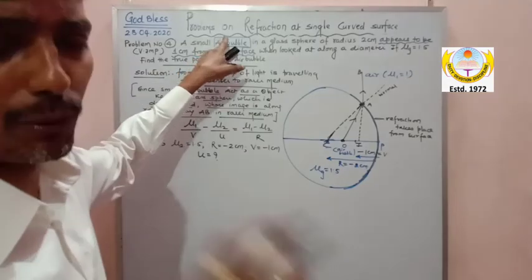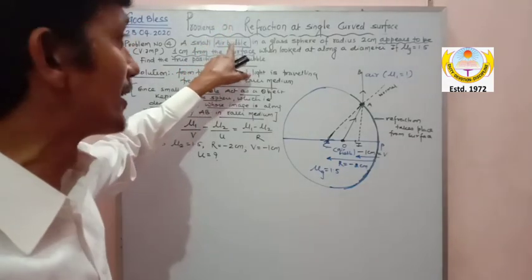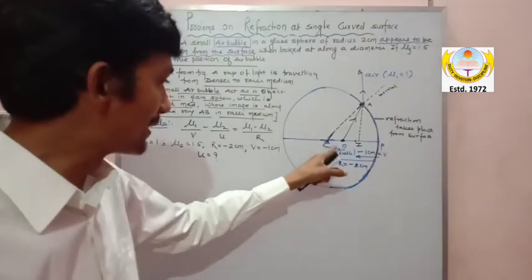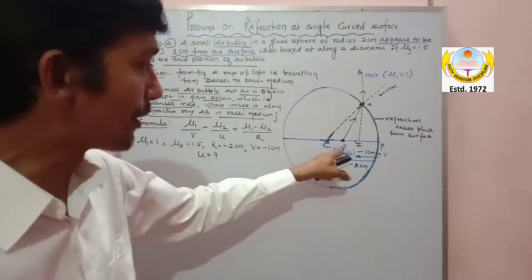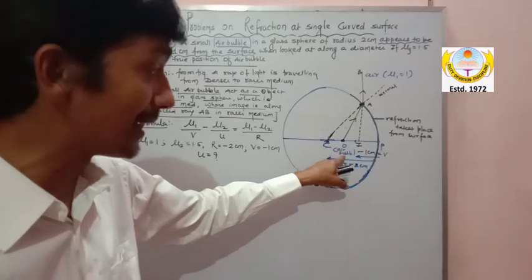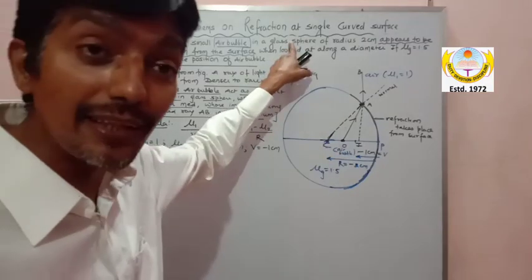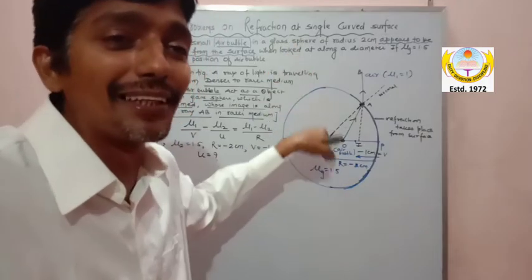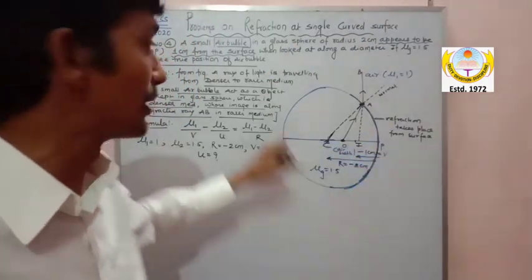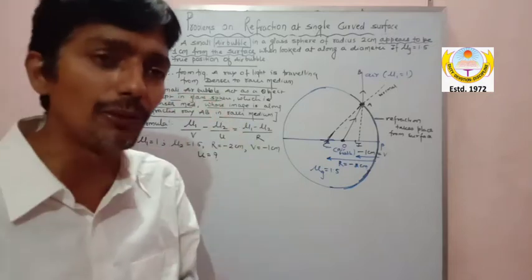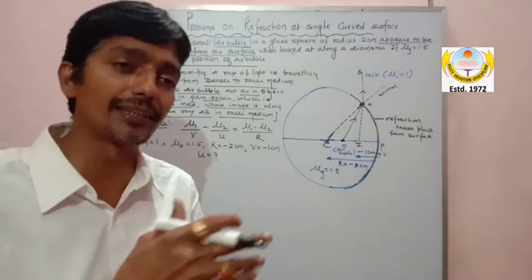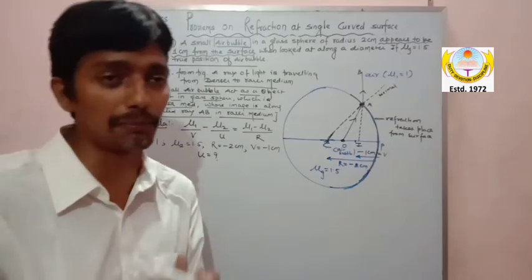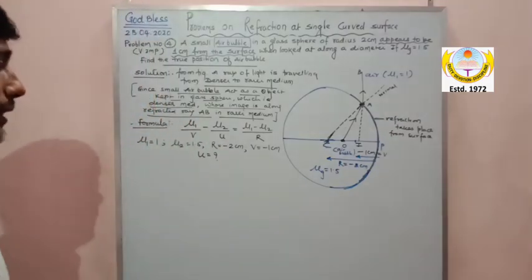So please, my dear, what is the very important concept? Sir, here the small air bubble is an object. And I placed it at point O. That object, I place it at point O, that is the air bubble. Sir, where is it? It is in the glass. So where does the light from the incident ray travel? It will be in denser medium, and an image forms in the rarer medium. So it is a case of denser to rarer. That's what I told. In every numerical, try to understand from where to where the light is going, where the image is forming, where the object is placed. I hope it is clear, my dear.